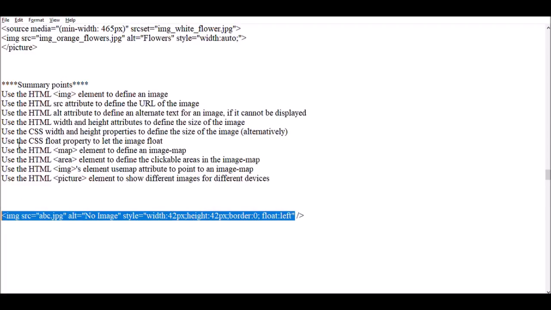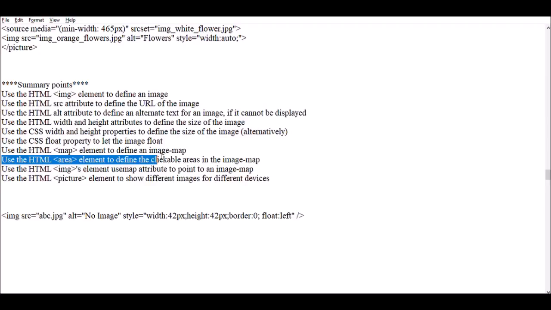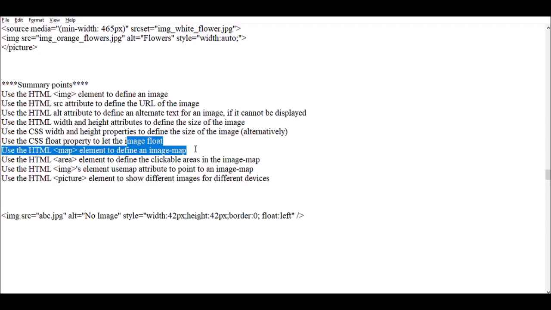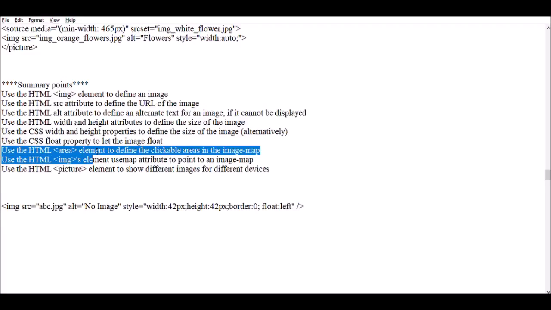Use the HTML map element to define the image map. This is where I missed: the map tag I will discuss in my next video, so remove it from here. Use the HTML area element to define the clickable area in an image map. This is also part of the image, so I will discuss this in my next videos.